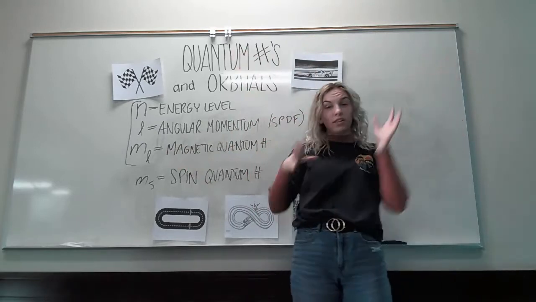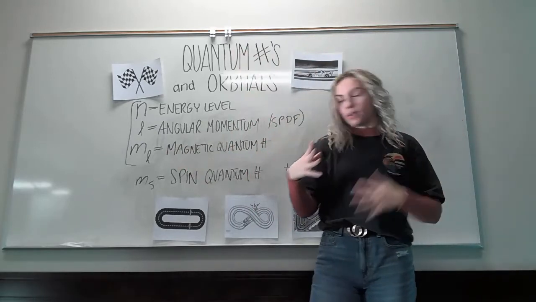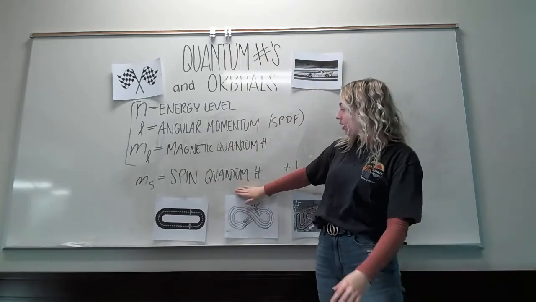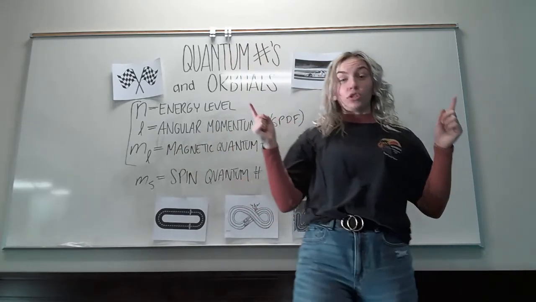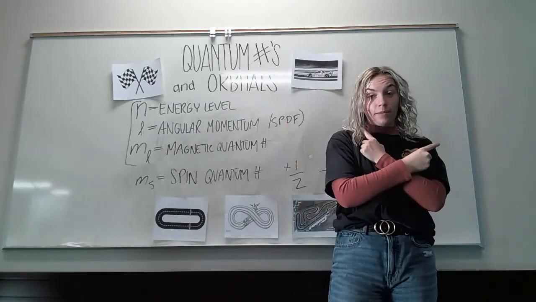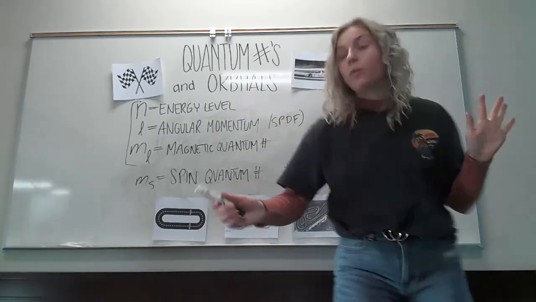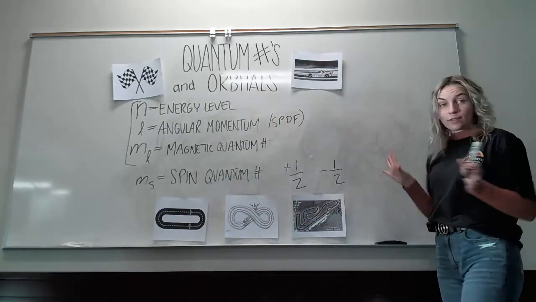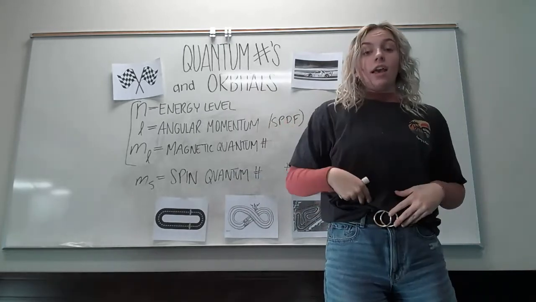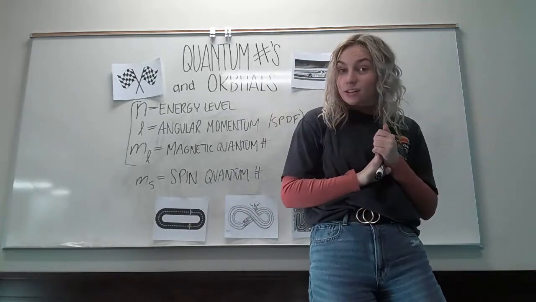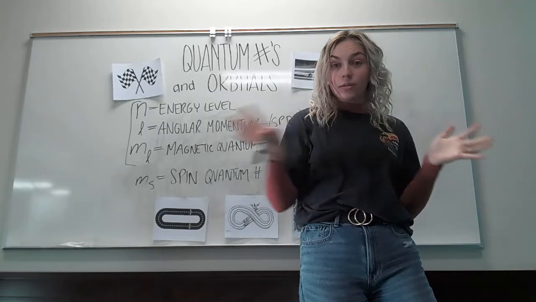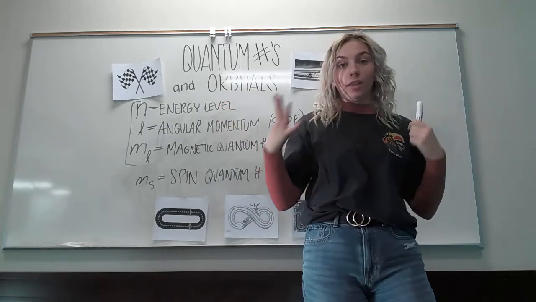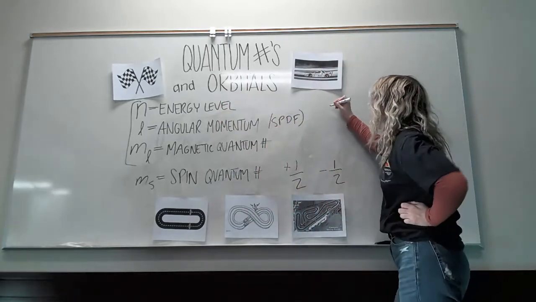Is it facing south? Is it facing north? Is it tilted to the side? All the different types. And then we've got the quantum spin number, which is telling you which direction the racetrack driver is going in. So I'm going to give you one example, and I'm just going to write the example, give you guys a few seconds to try and guess. First off, you're going to tell me if this is a legit quantum series, and then what it would look like. So we've got